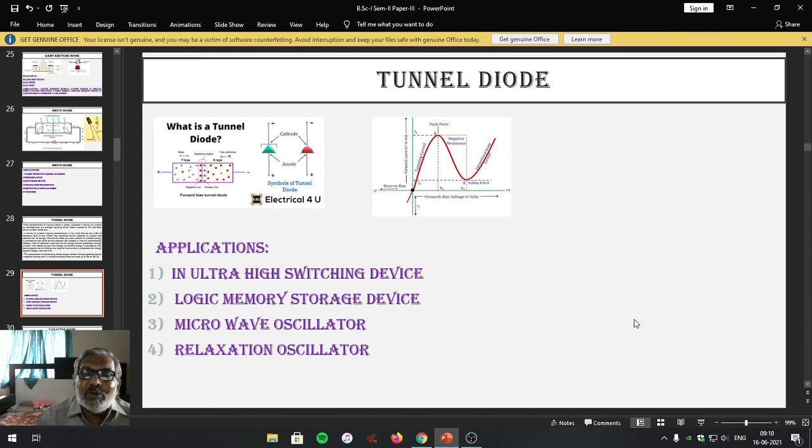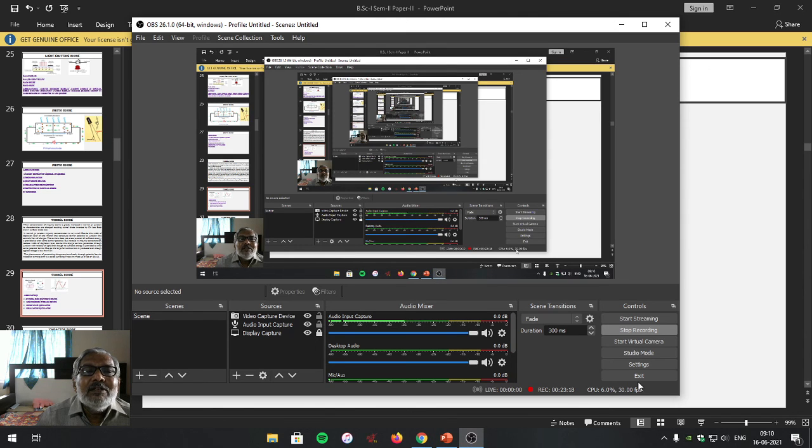Students, this much we have to remember about the tunnel diode: its construction, how a simple PN junction diode can be converted into a tunnel diode, what is the tunneling action of that particular diode, then its structure, its symbol, explanation of the IV characteristics of the tunnel diode and its applications. Next time we'll go for the next type of diode known as the varactor diode. Today we'll stop here only.